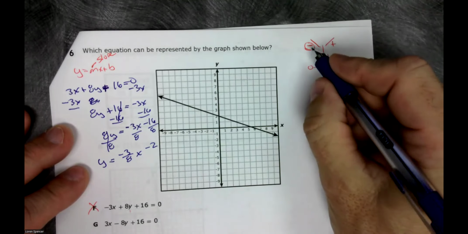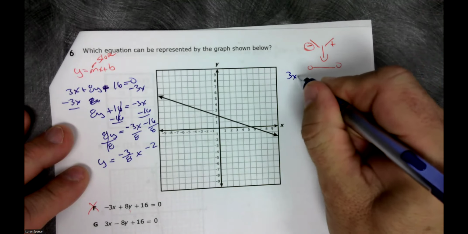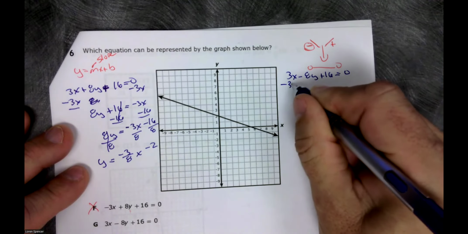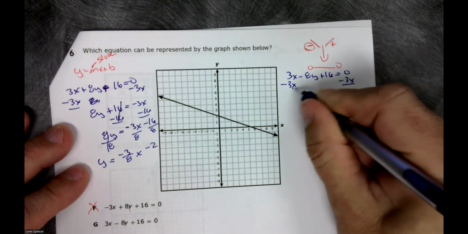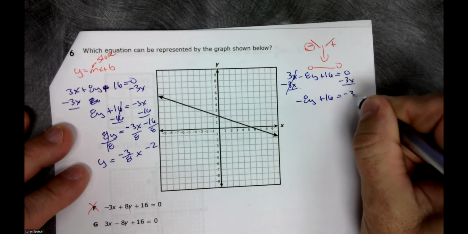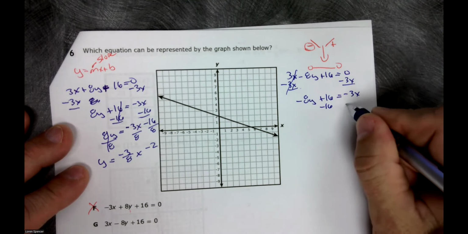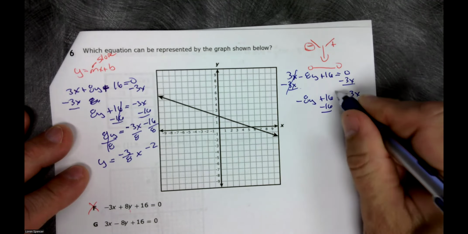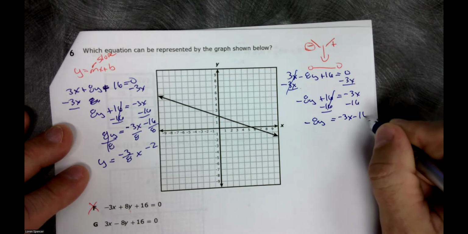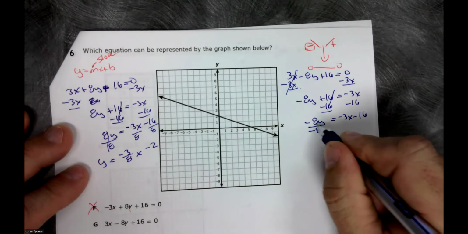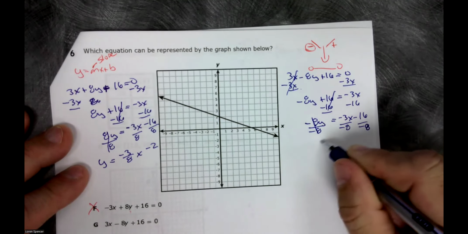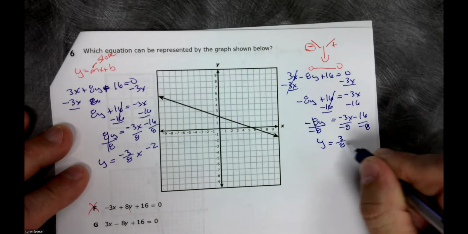G is 3x minus 8y plus 16 equals 0. I'm going to move the x's first. And now I have negative 8y plus 16 equals negative 3x. I need to move that 16. So now I have negative 8y equals negative 3x minus 16. I divide because they're side by side, so we separate by division. So we have y equals 3/8 x